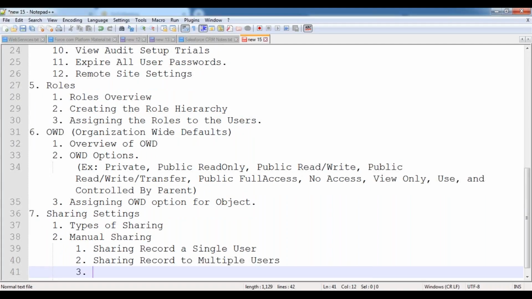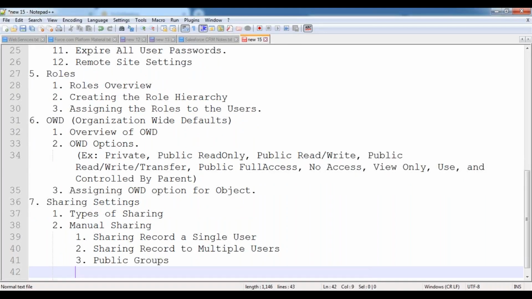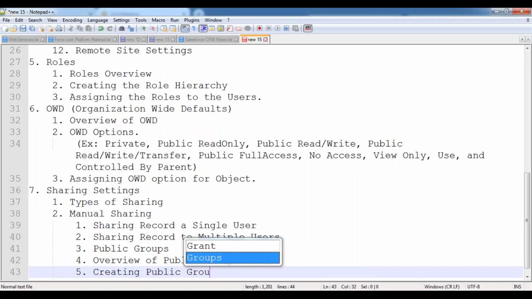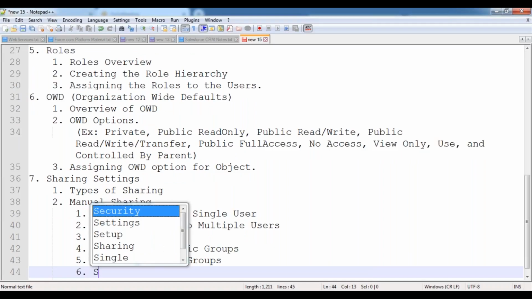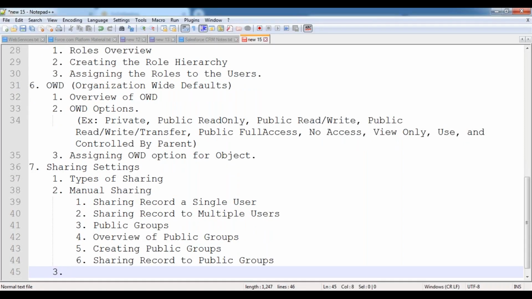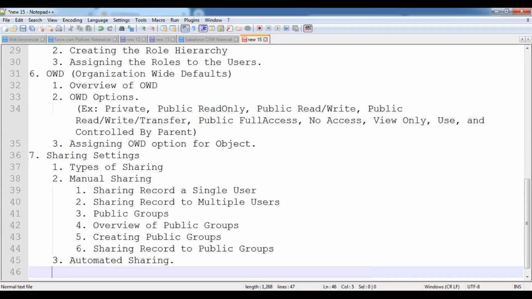Here we are going to be discussing the concept of public groups. As part of these public groups, we'll see the overview of public groups, and then creating public groups. And then we'll see sharing records to public groups. And then we'll see the concept of automated sharing. Here we are discussing the sharing rules